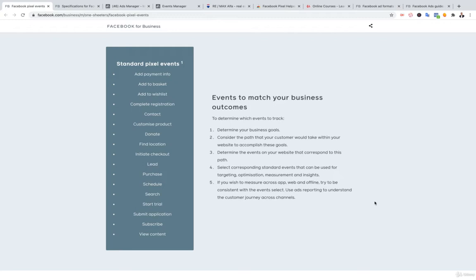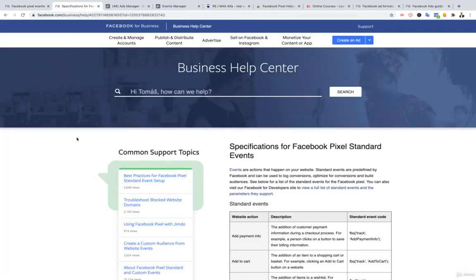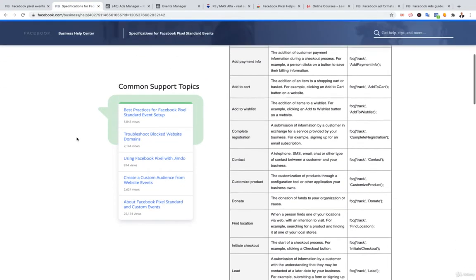So basically the events are very, very important for Facebook, as well as for Instagram, Messenger, WhatsApp, because Facebook needs to understand what is going on, how you are performing, to optimize the ads. And as you can see, the events are simply highly business oriented. So good news is that if you are using